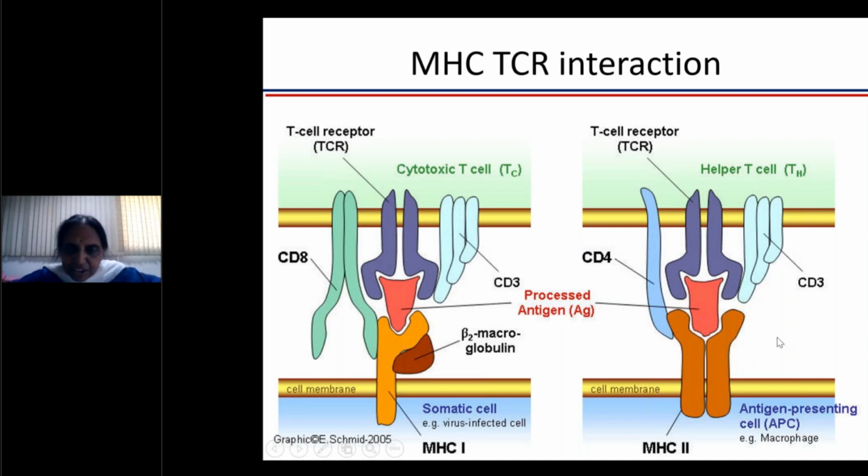So if a peptide is bound to MHC class 2, why should it activate only CD4 cells and why not CD8 cells? Has anybody thought? Any co-stimulatory molecule? No, recognition. First, how does it say that it needs to present the antigen only to the T helper cell, and that it cannot present to the other cell? Ma'am, the antigen binding groove of MHC1 and MHC2 is a little different. Yes, so that may help in MHC restriction.